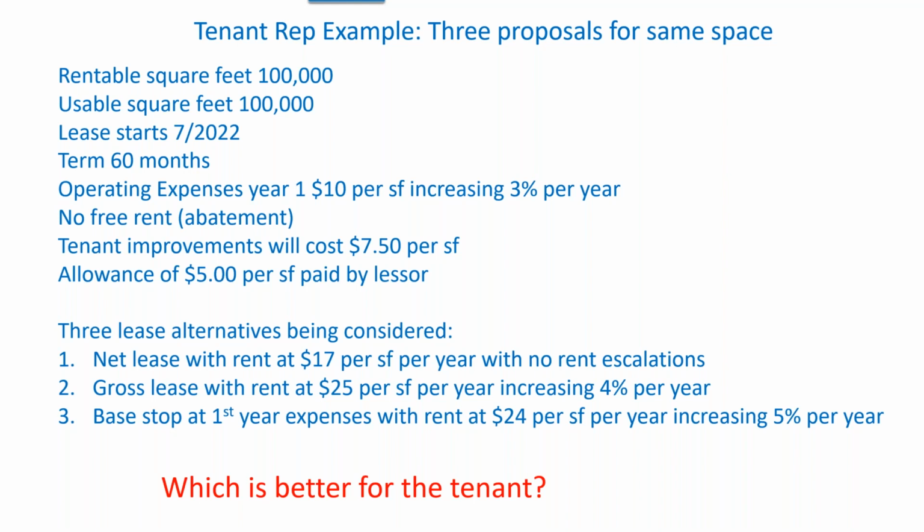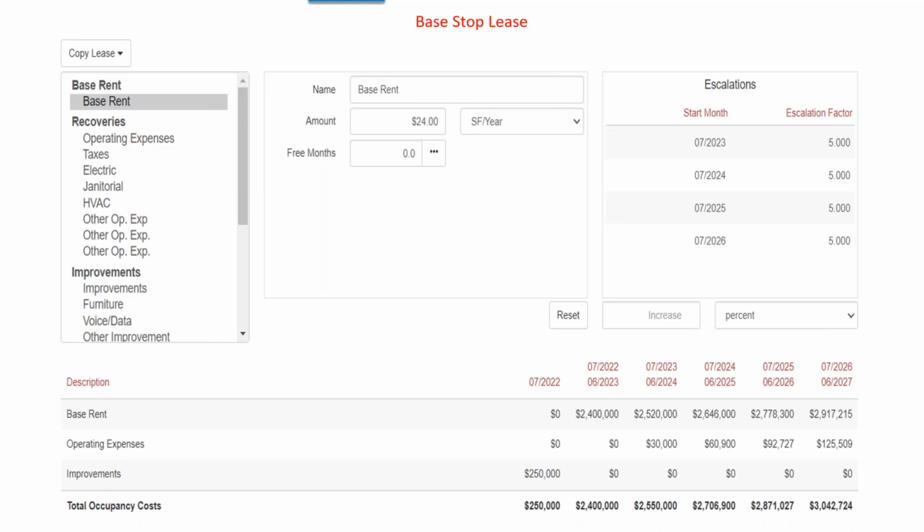And this was a simple example, right? We got to have different TIs for each, and some moving allowances thrown in, some free rent thrown in. So I just don't know how you would do it without running it through either a spreadsheet, which every spreadsheet is going to be different, right? Because all the leases can be different. So